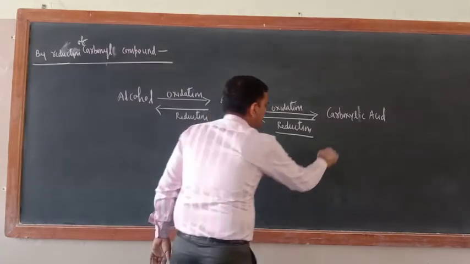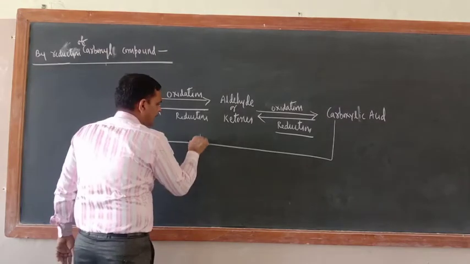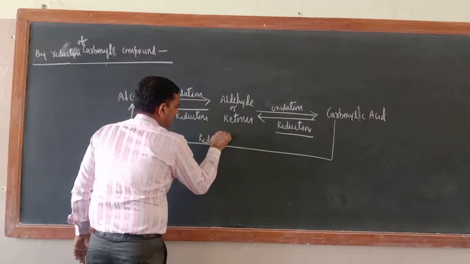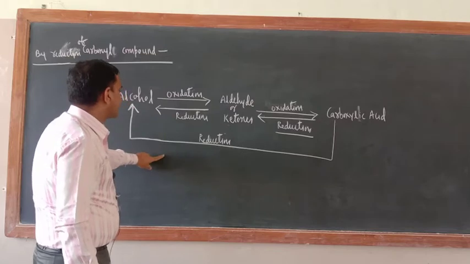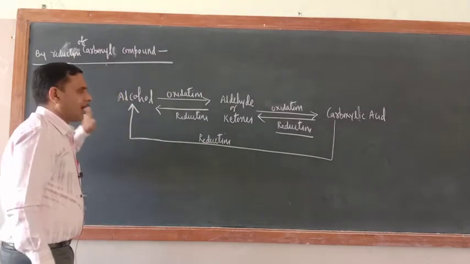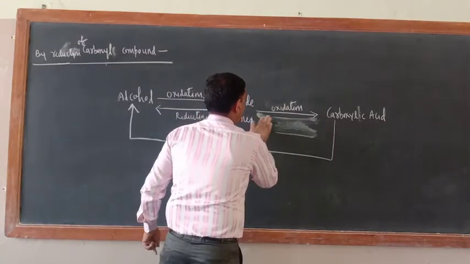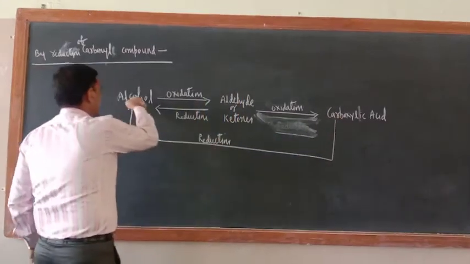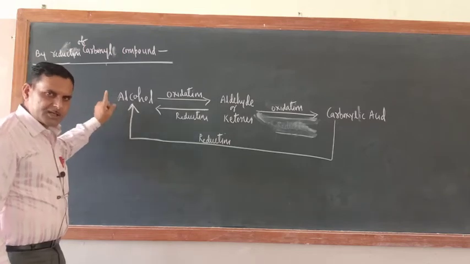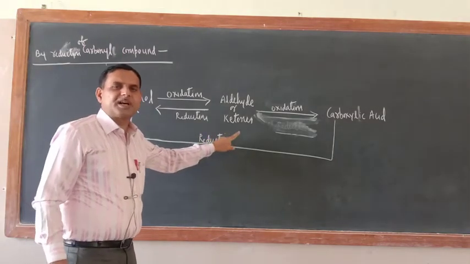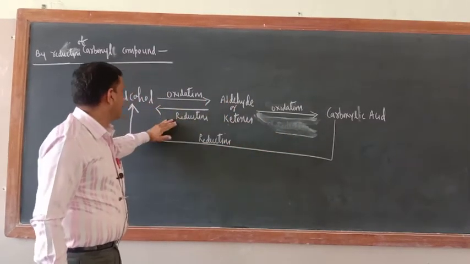You can use this direct method also. Carboxylic acid can directly be subjected to reduction into alcohol. Are you getting my point or not? So there is no need to go through aldehyde and ketones. Directly you can get the alcohol. So we are in the methods of preparation of alcohol. Which method will we use? We will use reduction: reduction of carboxylic acid, and reduction of aldehydes and ketones into alcohol.